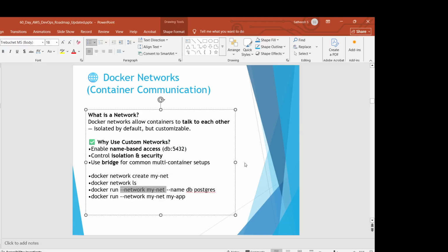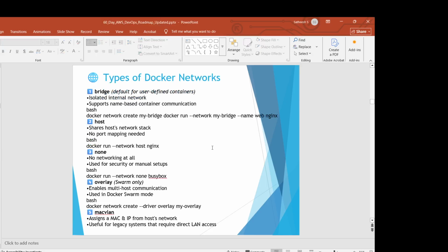You don't need to concentrate much here, just be aware of these commands and what networks are used in Docker. By default, there are five types of Docker networks available. One is bridge. Bridge means it's a separate environment where your